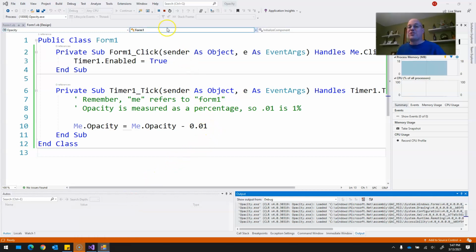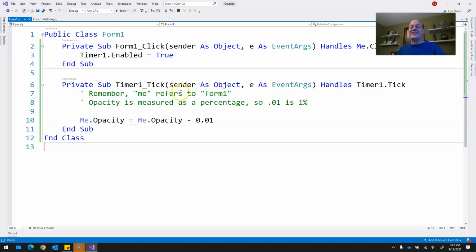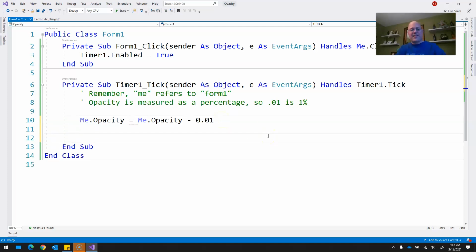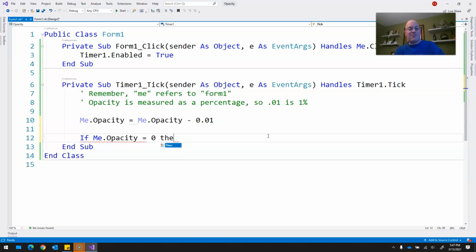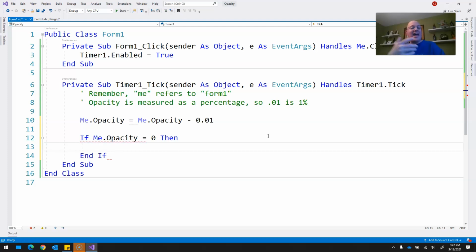You need to make sure to close the program, otherwise it stays in memory. Like, you can't run it while it is doing that. So my recommendation is this. Have a little if statement. Say if, not if, but really when it gets to 0, then we should end the program. So if I say end,